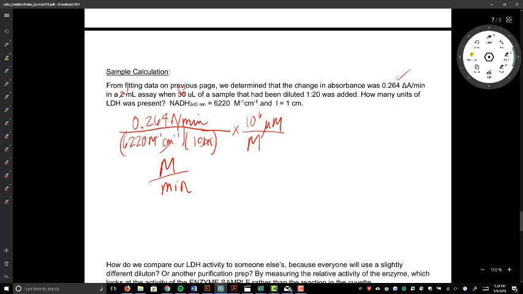Then, after we've converted from molar to micromolar, we then have to convert micromolar to micromoles. And we do that by multiplying by the volume of the total reaction in the cuvette. And so the total volume in the cuvette